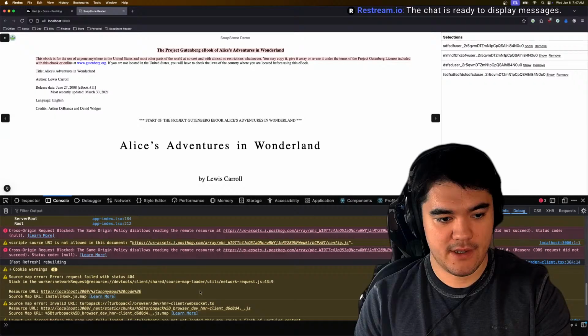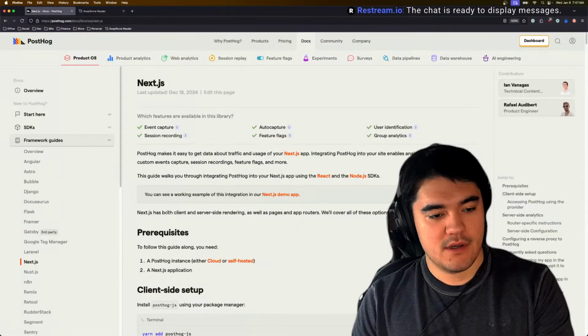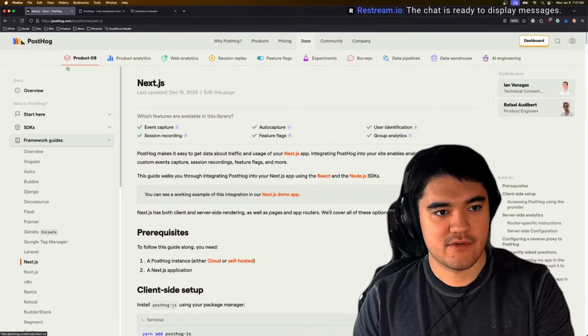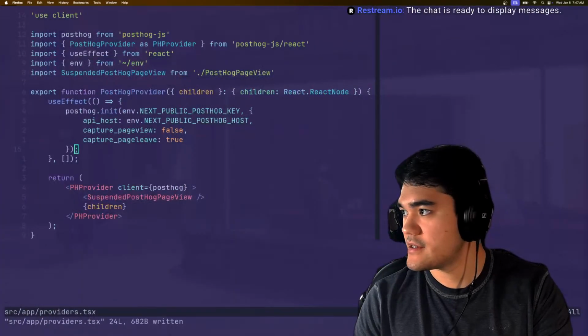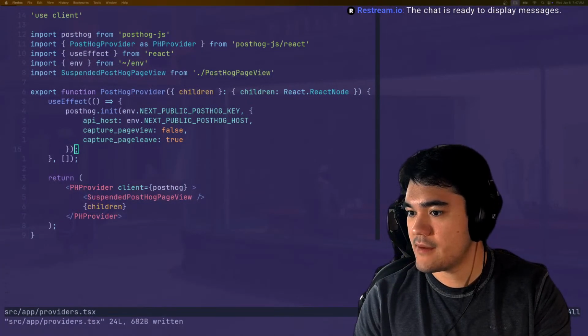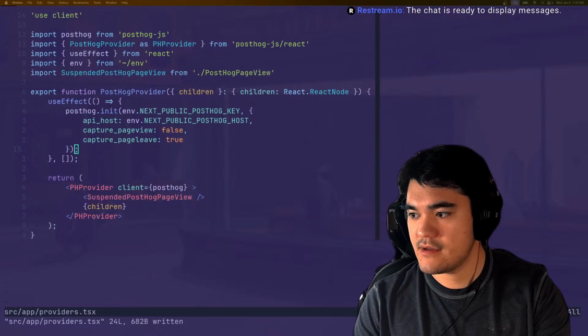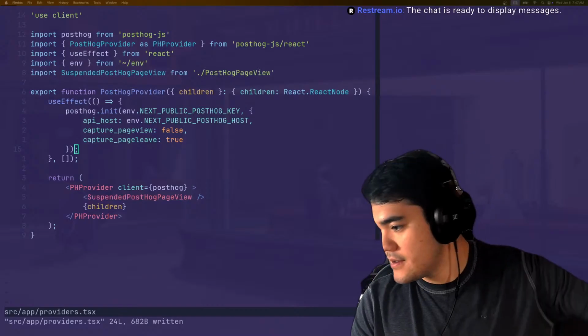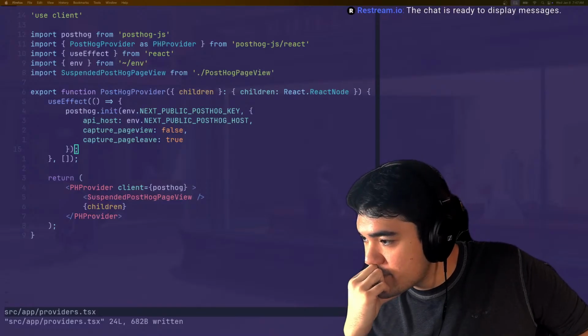Yeah, I don't know why. So PostHog is still getting CORS blocked or something. Let me go check on my dashboard to see if I'm capturing any events yet. Now, it does not look like it. Check installation. No. Okay.